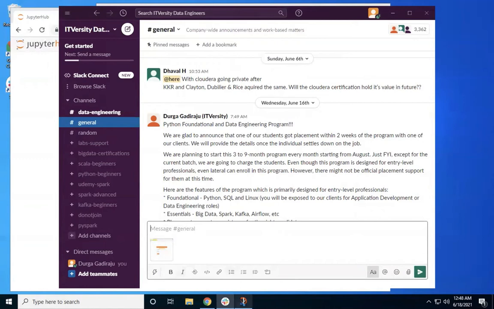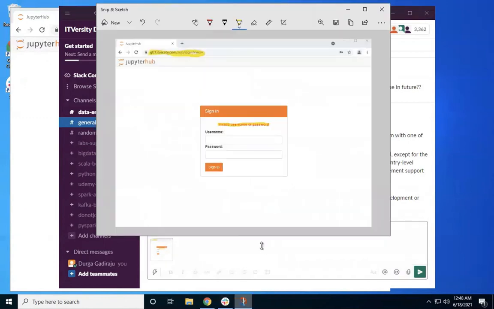So snipping tool or snip and sketch is the way to go. If you are using Windows, even Mac and Linux have equivalent tools. You should be able to figure those out and start communicating to us effectively using this approach. Don't send the images over phone, or even if you take the images with phone and send them through Slack, we'll not be able to support in the longer term.